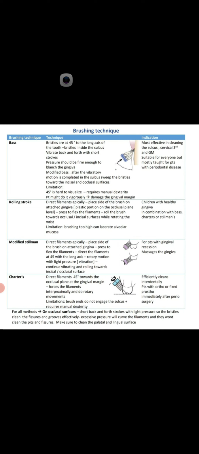Charter method effectively cleans the interdental area. For patients with ortho or fixed prostho, we use the charter method, and immediately after periodontal surgery, we prescribe the charter method. Next is the